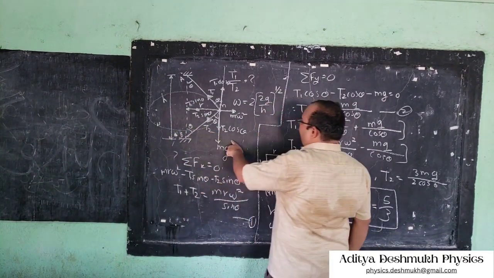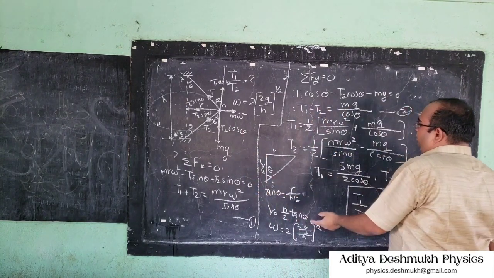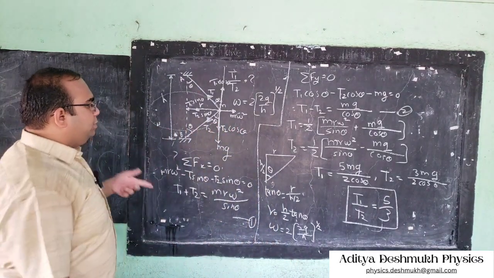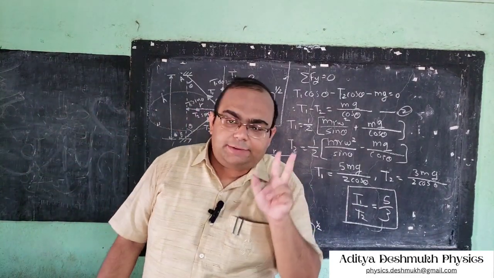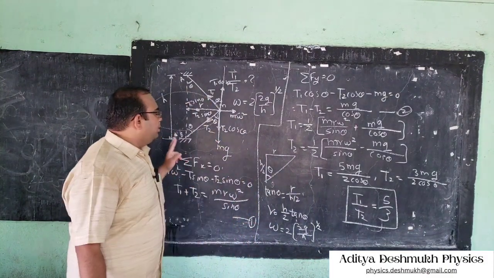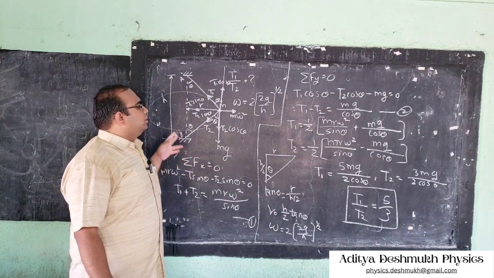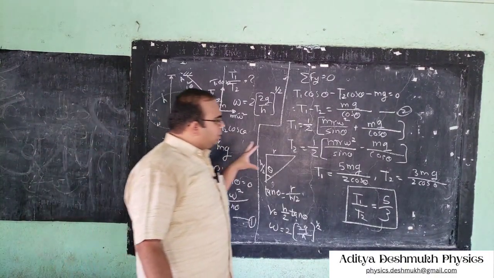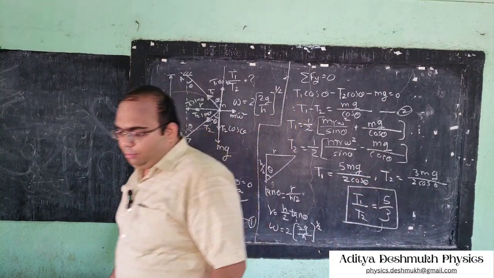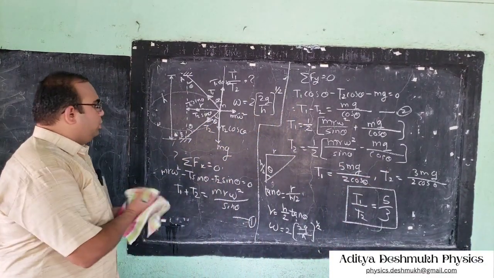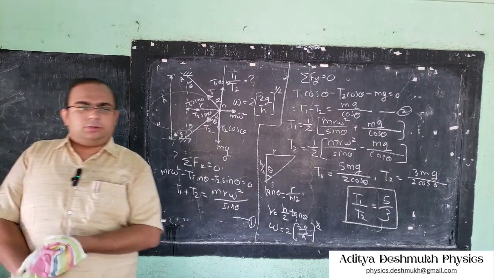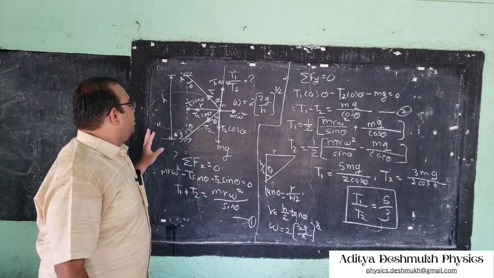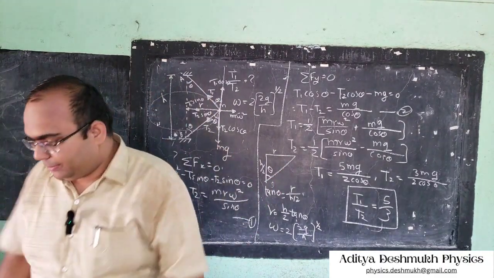and using force balance, after identifying forces you will either have to use force balance or conservation of mechanical energy. Here we have only used force balance, we haven't used conservation of mechanical energy. Most of the questions in circular motion will be solved by using these two principles only, force balance and conservation of mechanical energy. However complicated the system may be,